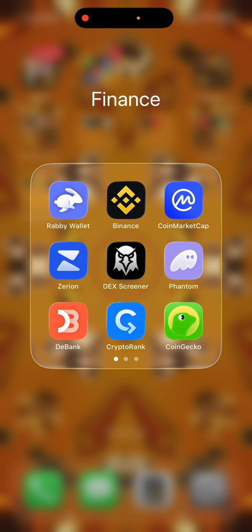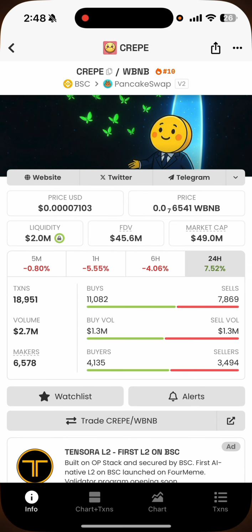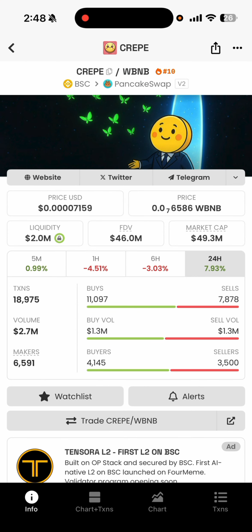Hi guys. So this is a quick video on how to buy crepe token. To buy a certain token on a certain network, whatever it is, you need the contract address of the token, because there are so many actors in this space that can create a lookalike of the main thing that you are looking for. So we use Dex Screener, as you can see, to navigate properly to the right address to